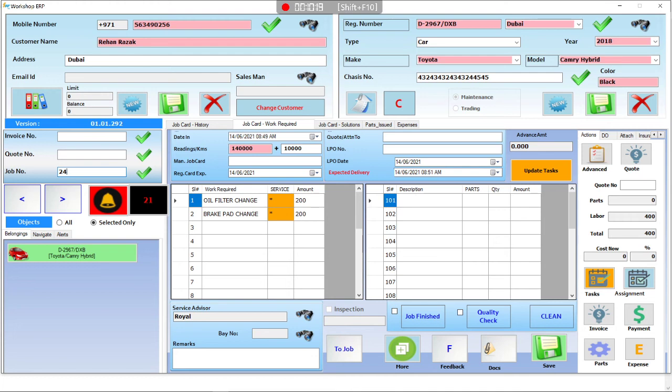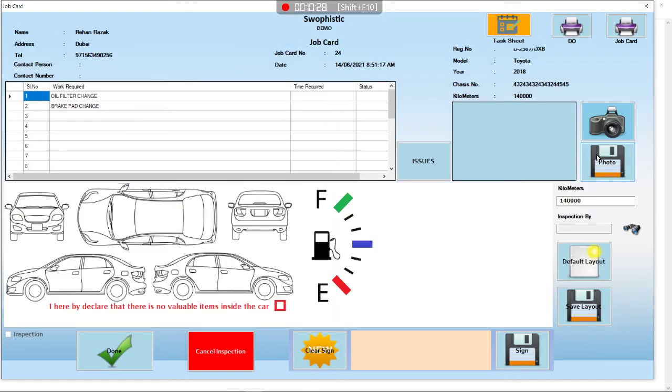Now we want to print the job card, right? So to print the job card, we have to go to this option, advanced. This is advanced because these things can be done through the tab. It is supporting the touch screen also. Whenever a car comes, our staff have a tab, and they can receive the car from this tab itself. Whatever information I already told you, to create the customer, create the vehicle, create the job card, everything can be done through the tab. This advanced is specially for the tab module.